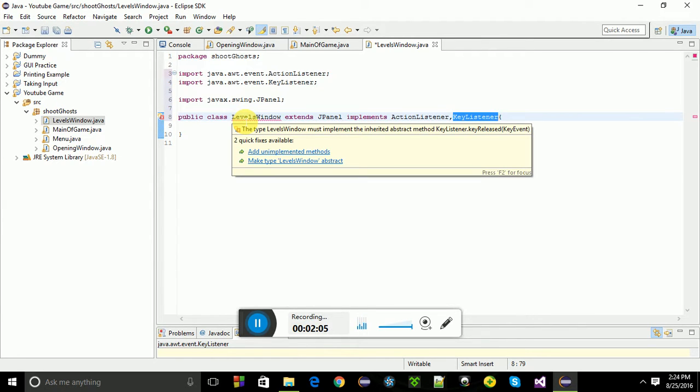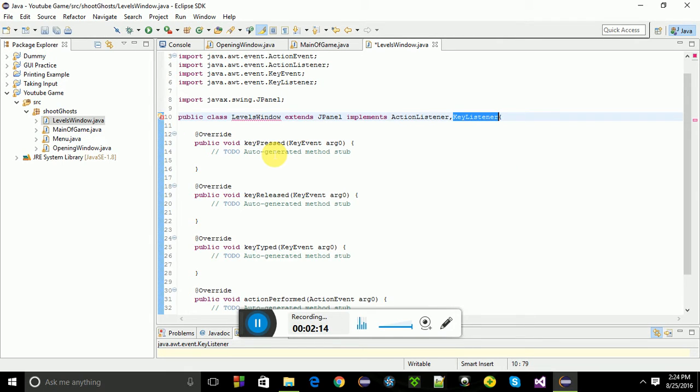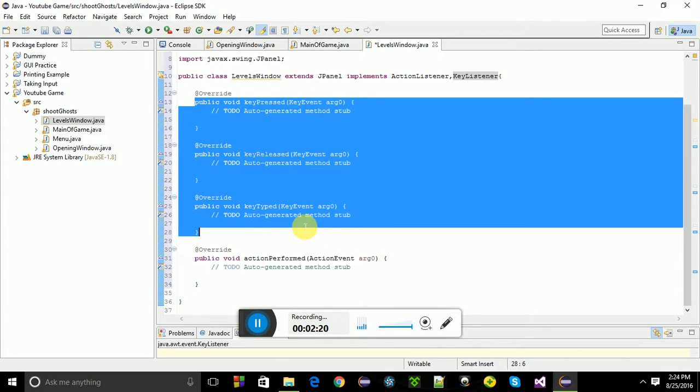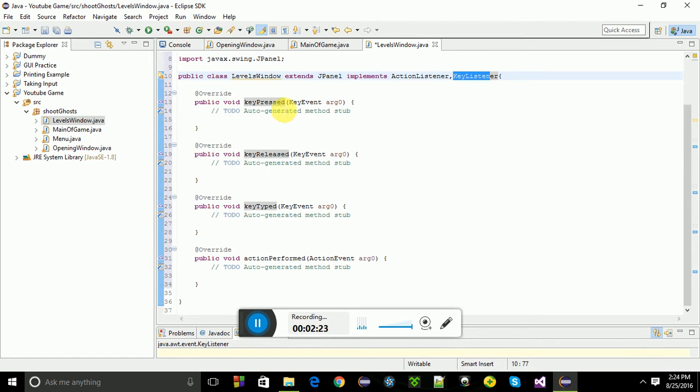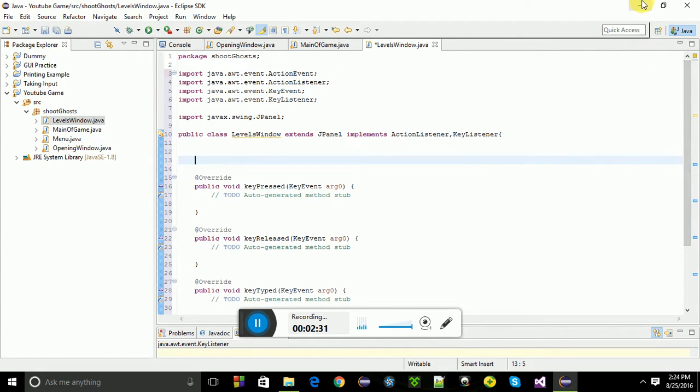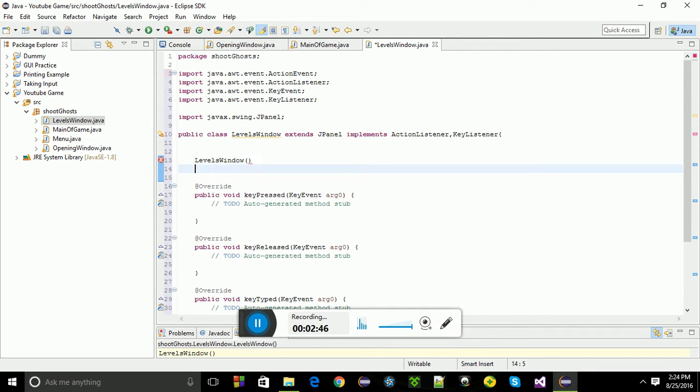Now here it wants us to implement those unimplemented methods. If you have followed me through the whole tutorial series, you know that we have to implement the unimplemented methods. These three: key pressed, key released, key typed methods are for key listener, and action performed is for action listener. So in this tutorial we are basically going to develop a third window where the player can choose from different levels. First we need to open a constructor where we will be writing the code,